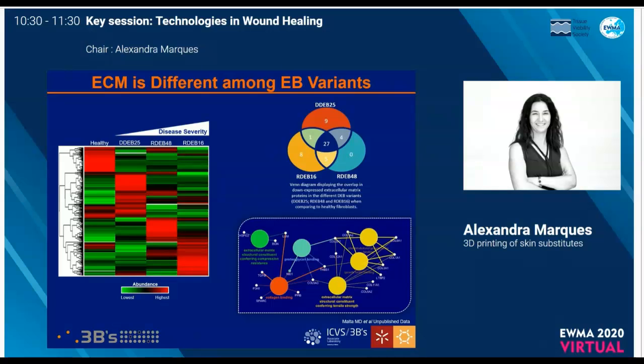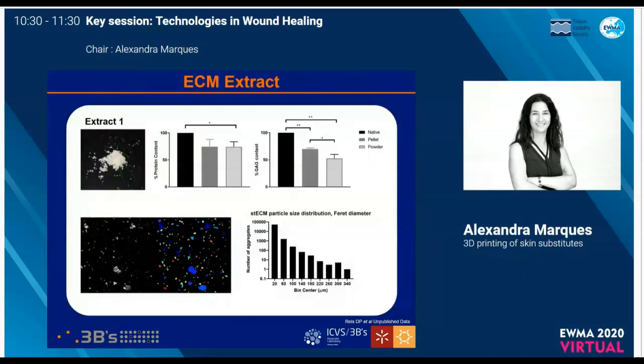Clearly, cells have a different profile of the extracellular matrix that is produced, and of course, in the end, this is reflected in the different biological processes in which they are involved, and in the end, that is translated into the pathophysiology of the disease. So we've also been looking at this from this perspective, to try to develop bioinks prepared from extracellular matrix produced